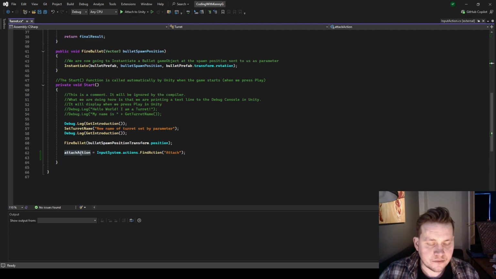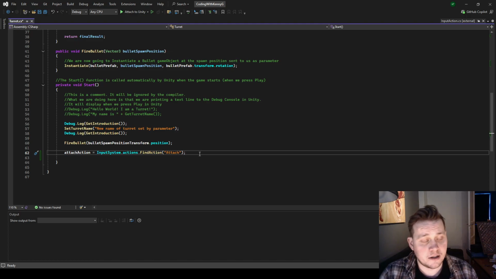Then, down here, we are assigning that variable a value, so it's equal to input system dot actions dot find action. Essentially, we're searching through the available actions in our